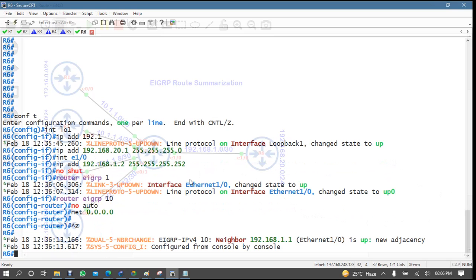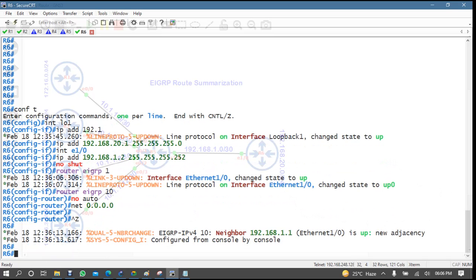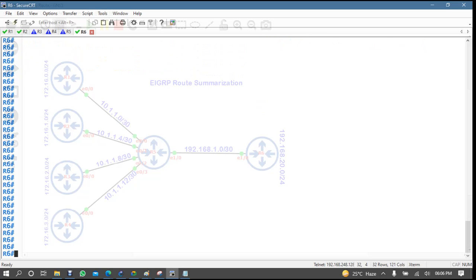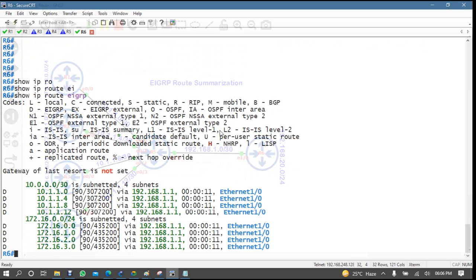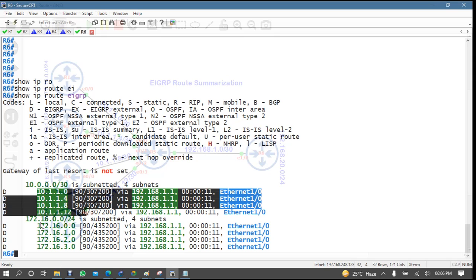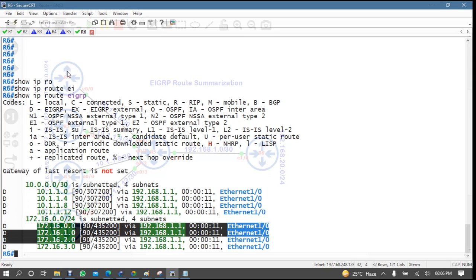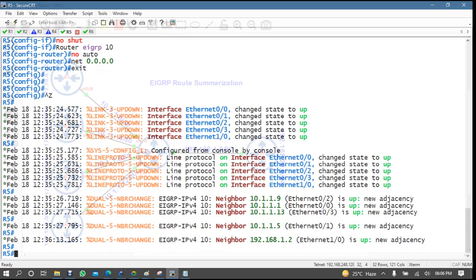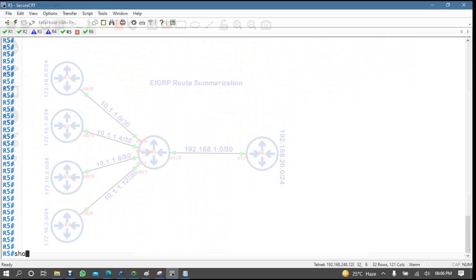Neighborship is also there, but if you check here on your inside router, IP route EIGRP, see, you are getting 10 as well as 172. I can understand that my edge router can get those routes, no problem.